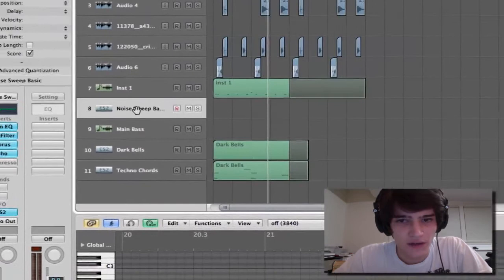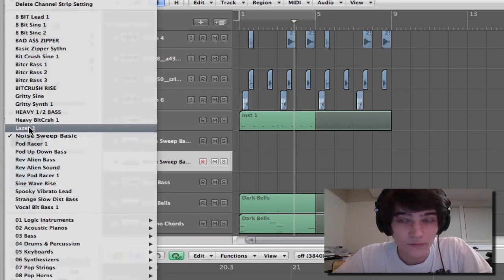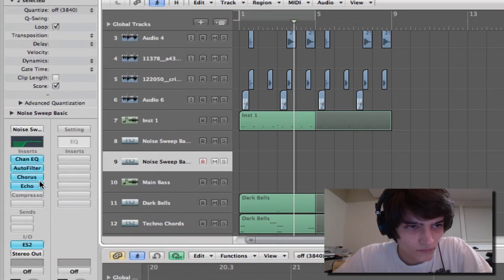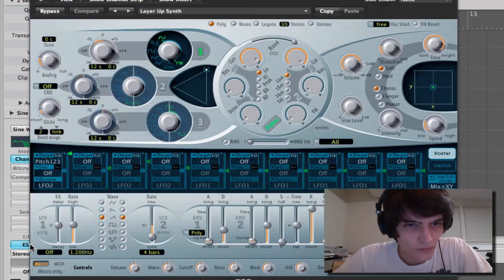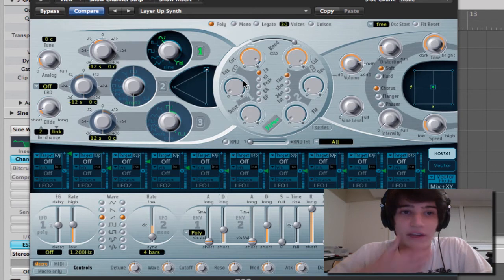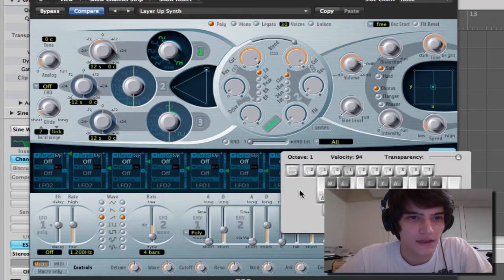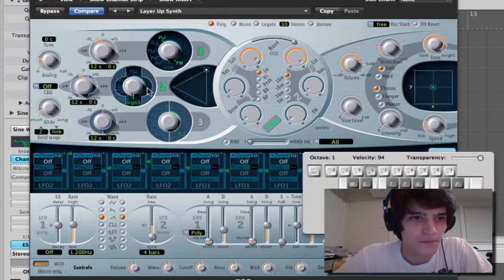And for that, I will use the ES2. So here I have a sine wave patch set up, and what I'm going to do is I'm going to add a little bit of a